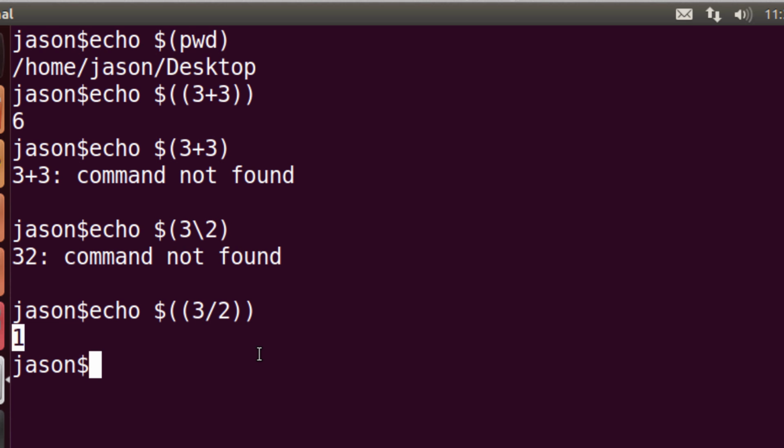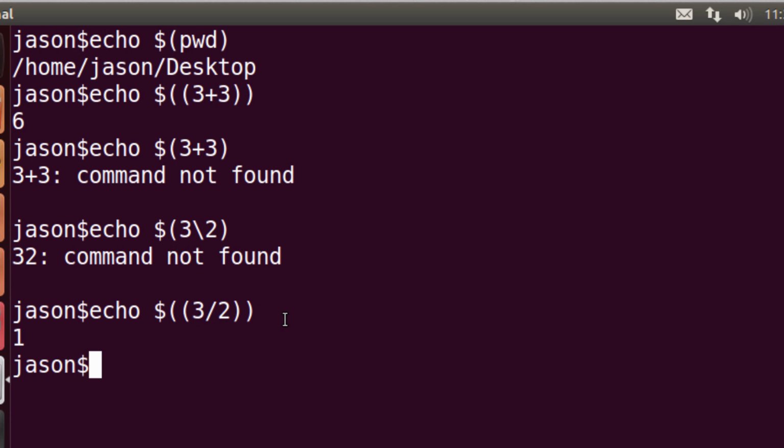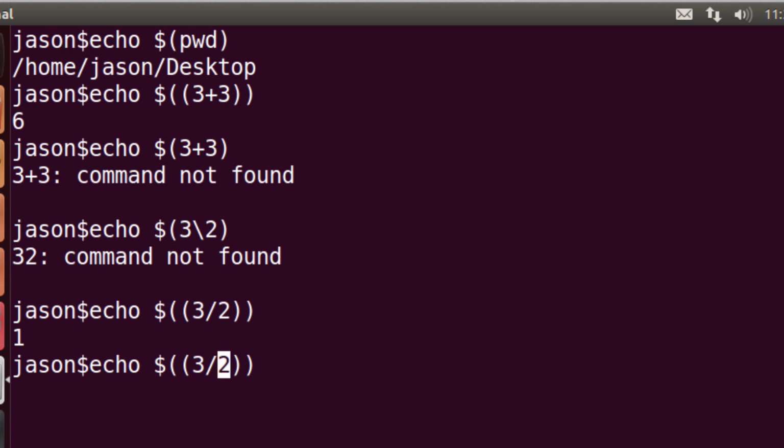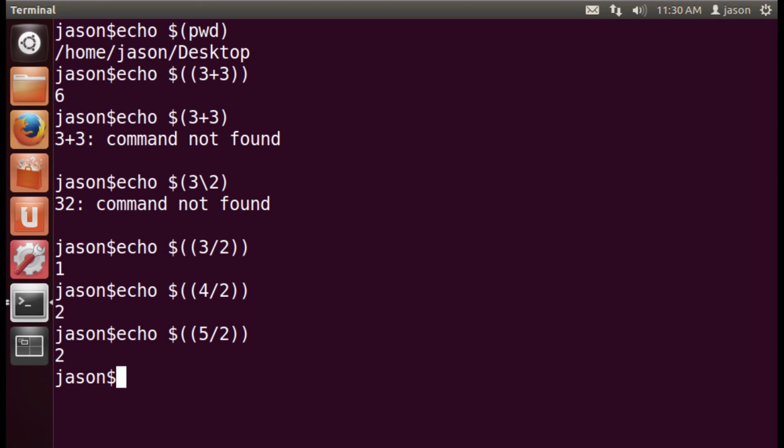But notice that because Bash can only deal with integers, it does what's called integer division. So what this means is this basically only gives us the answer to this division operation, which would be the quotient. So in this case, we just get 1. If I go ahead and divide 4 by 2, I'll get 2. But if I also divide 5 by 2, I get 2 as well, because again, it only performs math with